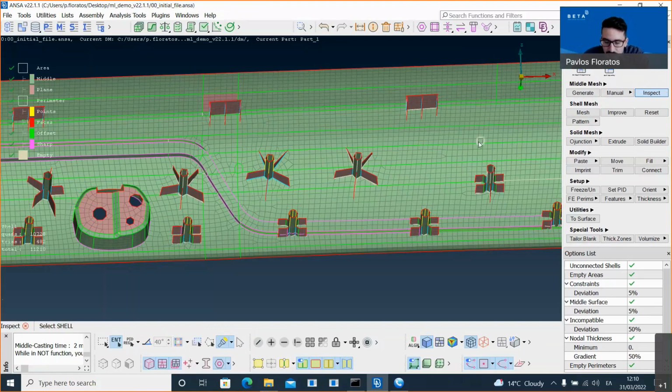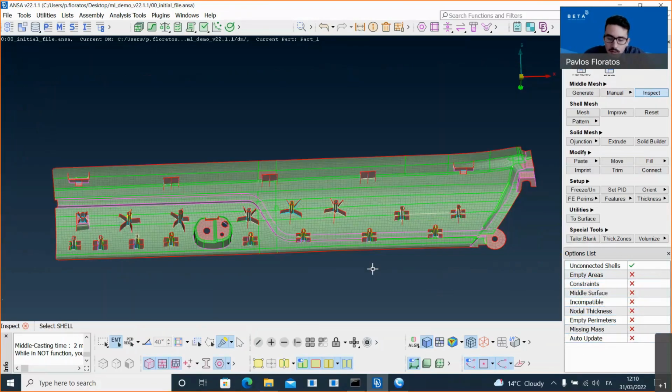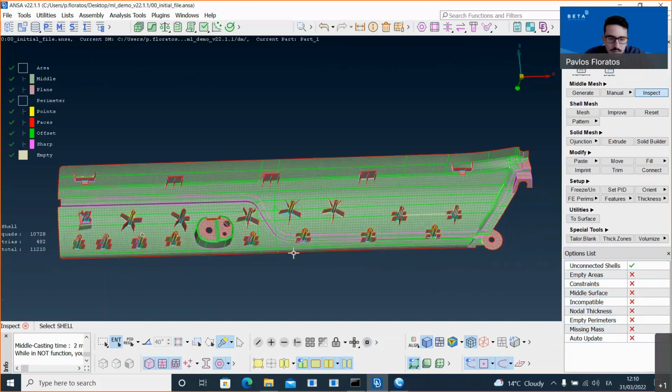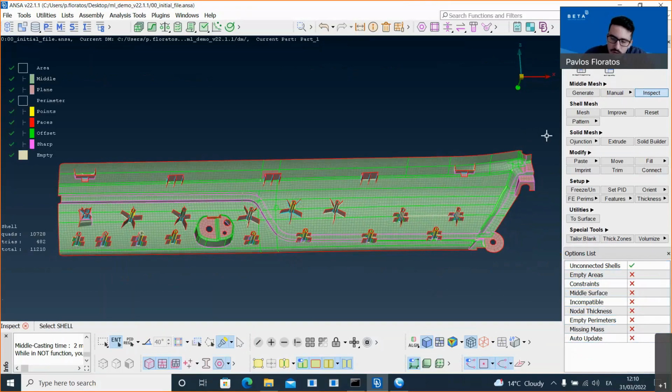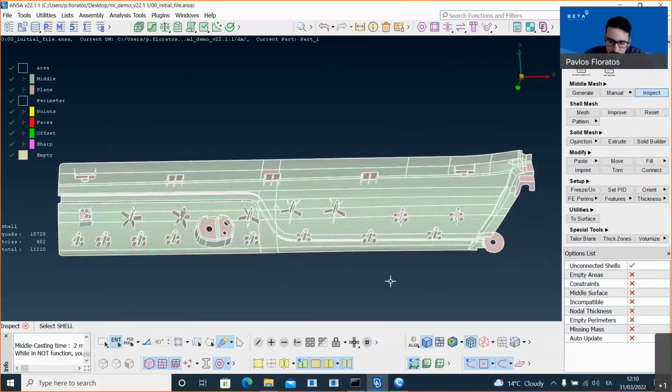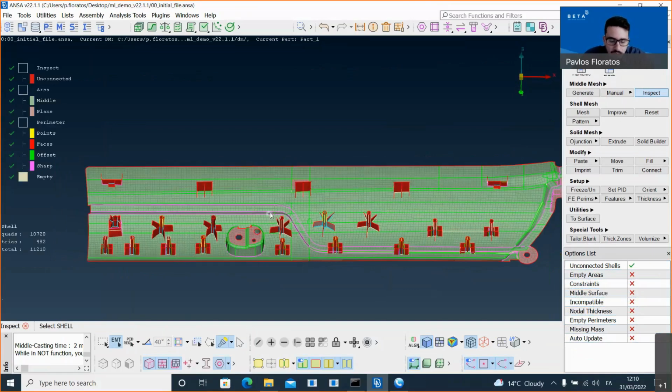So inspect is a function that has a lot of capabilities in checking if our casting result is correct and has many options here. Now, let's say for this case, we don't care about these options. We only care about the option unconnected cells just to see what fasteners we need to connect with the rest of the model. So now, if I just use this option and select everything, I see that I have all the unconnected areas, actually all the clips, marked with red color. So here I can turn off and on the visibility, and I can very easily check if I have, let's say, connected them all or if I have something left.